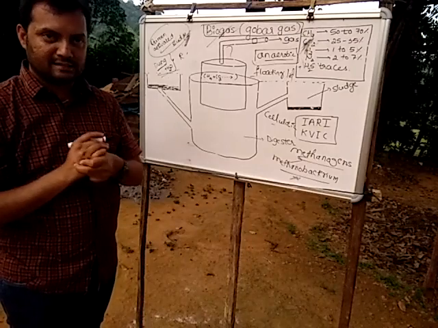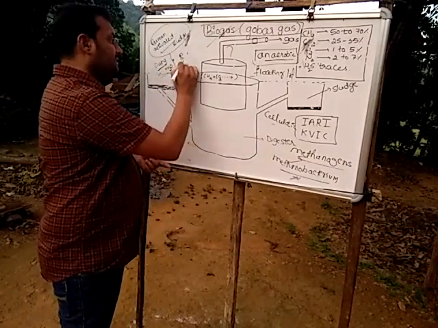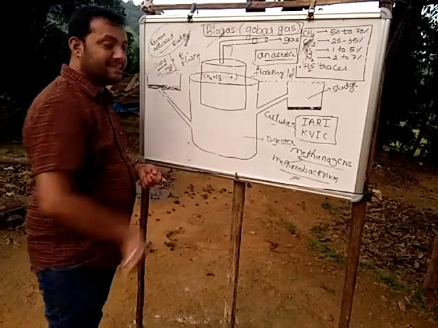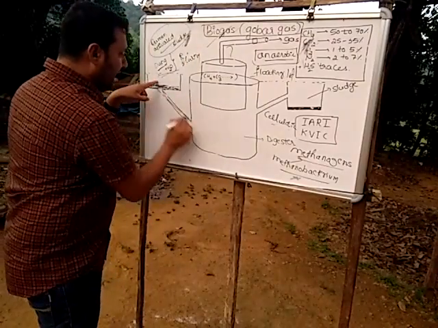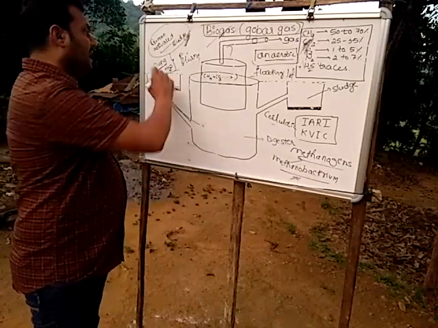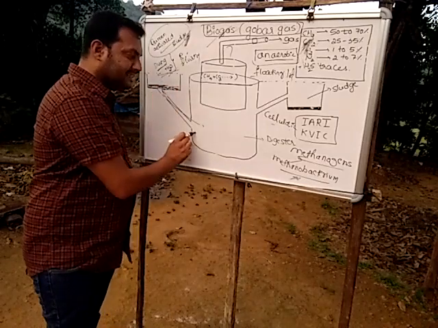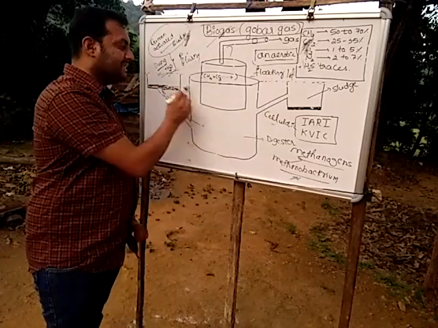Cow dung is to be collected along with water, which is to be mixed. Generally it is called slurry, which is to be added into the digester. In the digester, as the raw material needed for biogas, dung and water are mixed together,